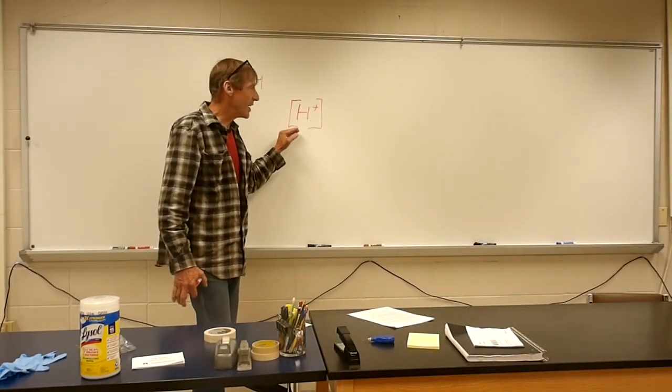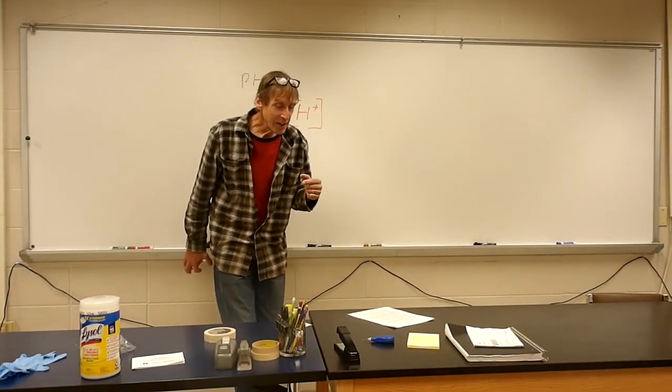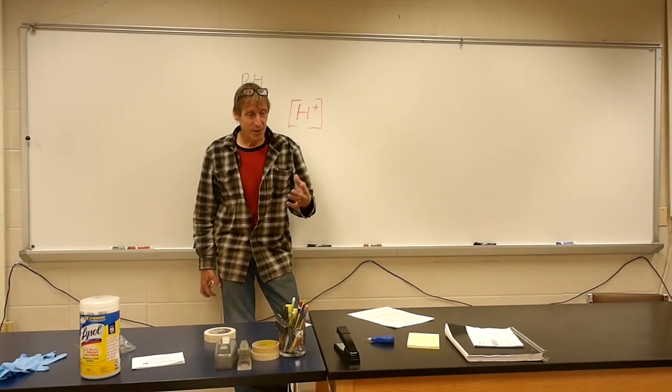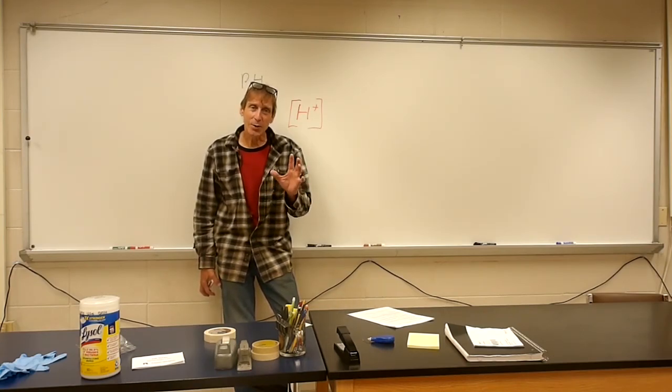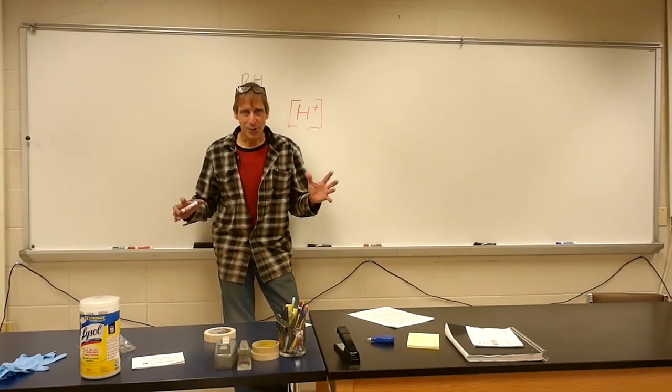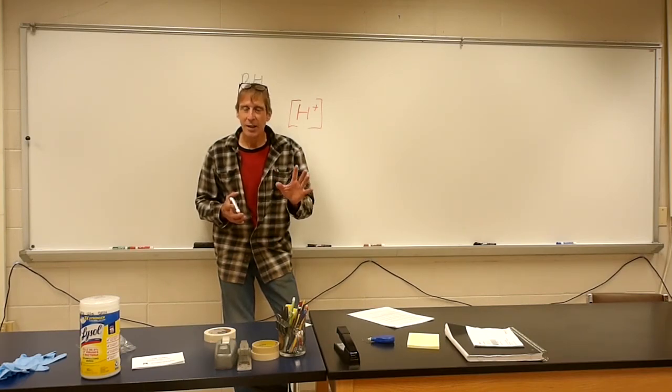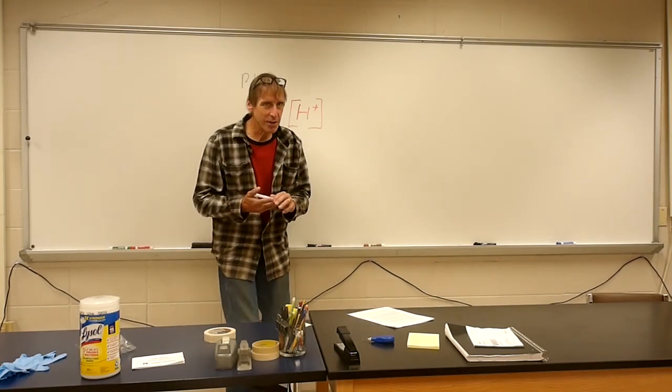So what we're measuring with pH is a hydrogen ion concentration. Now, typically you measure the hydrogen ion concentrations in moles. So chemical units, number of molecules per liter, ions per liter. But what they do with pH to make it a little simpler, since working with molar concentrations, the numbers are really big or really small, we've taken the negative logarithm of the molar concentration of hydrogen ions, and they come up with something called the pH scale, which many of you are probably familiar with. It runs from 0